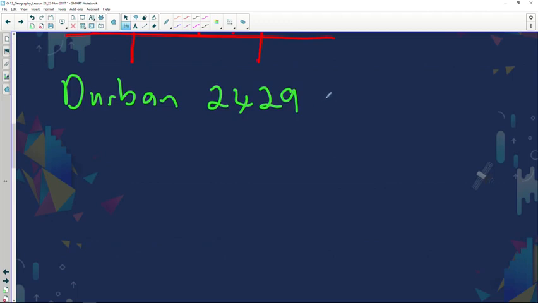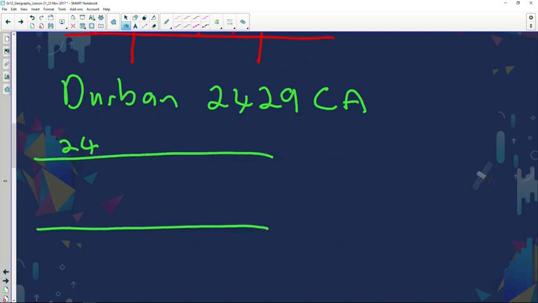Let's call it CA. So first of all, the 24 represents the lines of latitude. The next one is going to be 25. 29 represents the lines of longitude, your vertical lines,